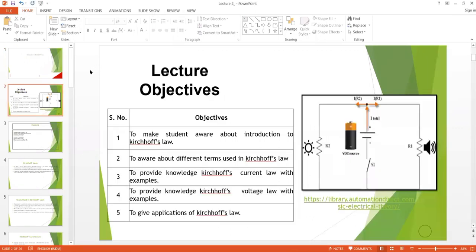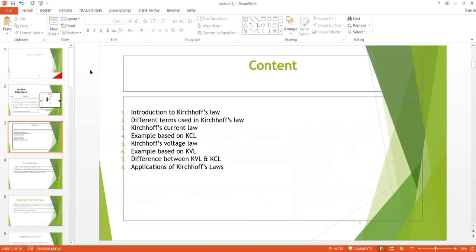So we will go with Kirchhoff's law. What's Kirchhoff's law? We will see examples of Kirchhoff's voltage law and Kirchhoff's current law. So we will go with the contents also. Introduction to Kirchhoff's law, different terms used in Kirchhoff's law, Kirchhoff's current law, example based on KCL, voltage law, KVL,